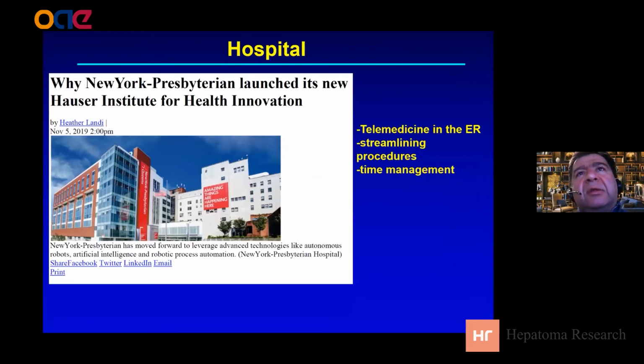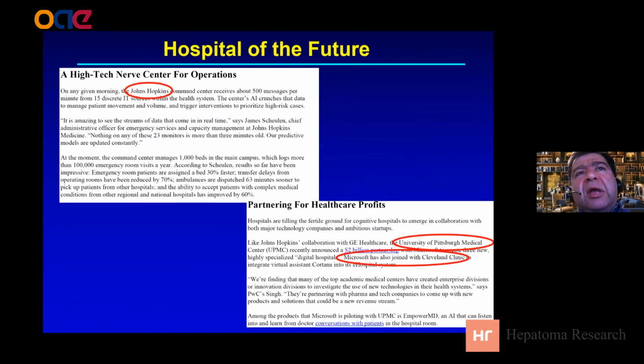Johns Hopkins, as several of you know, actually has a command center which, using AI, has been able to streamline the movement within the hospital, managing the beds, the operating rooms, the flow of surgeries. Same thing in other hospitals in the US, University of Pittsburgh, Dr. Geller is here, collaborating with companies, and that's important,